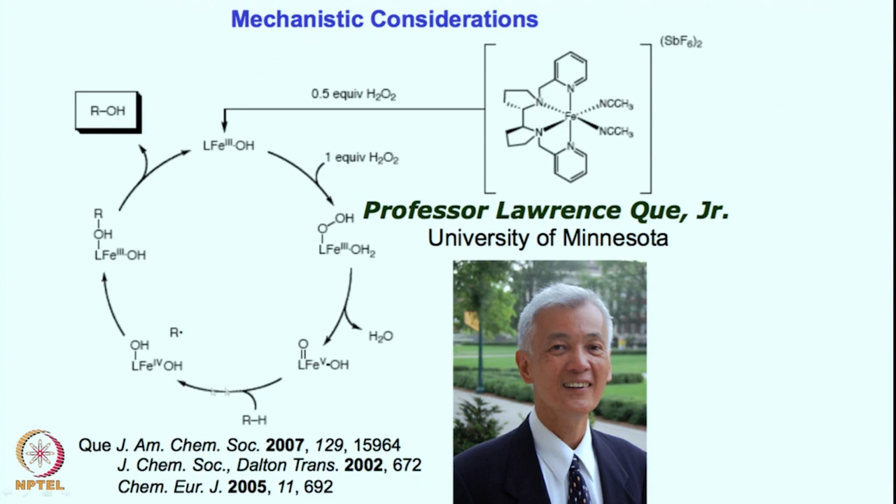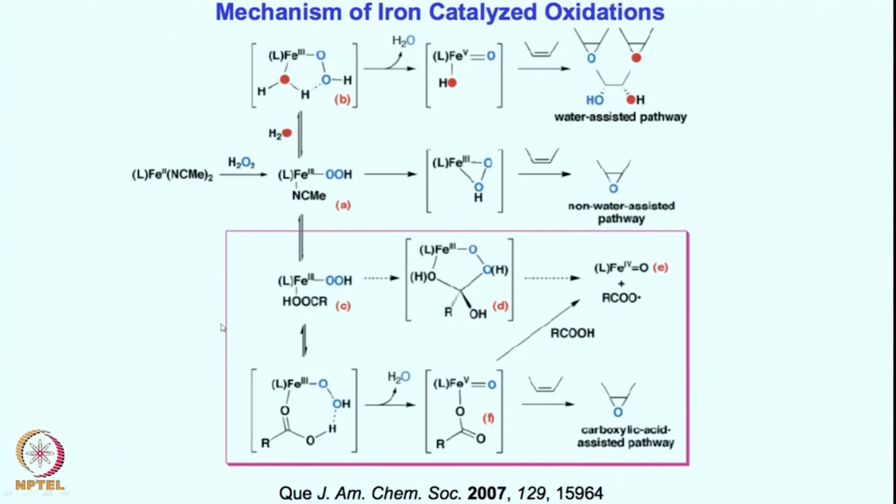So, these are similar chemistry to what we have seen in cytochrome P450, but these are non-heme iron chemistry, which is also quite exciting chemistry that we know of, right. Now, this cleavage of the oxygen bond in iron(III) hydroperoxo can be influenced by water or by the carboxylic acid. Water can assist in this ring formation mode where the oxygen bond cleavage becomes feasible and can form an iron oxo hydroxo intermediate, which can then undergo the epoxy and or the cis-dihydroxylation product formation.